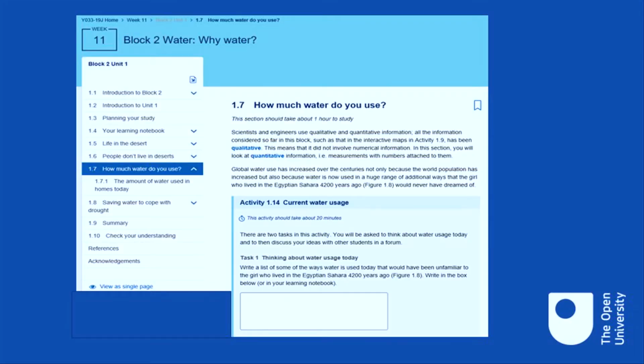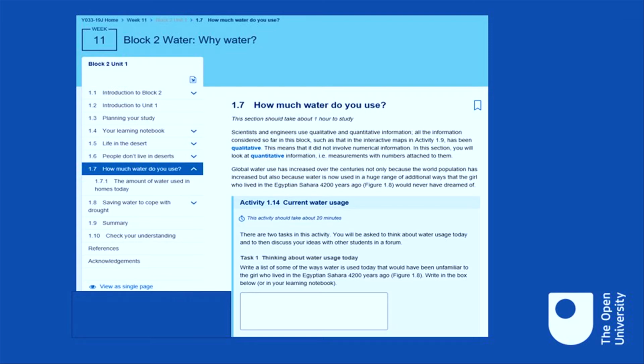Brilliant. Let's take a look at one so we can see an example of one of the interactive activities, because there are some text boxes students can write in. Yeah, so essentially this one here is an activity about water. It's in book 2. So you read through the question, and what you're trying to look at is how people used water in the past and how people use water in present day. So if we look at the next slide,